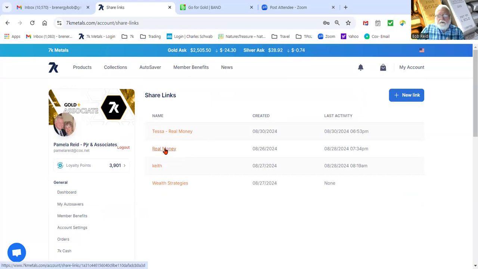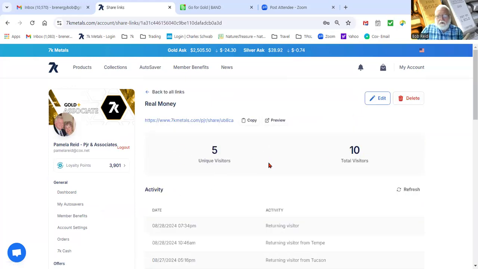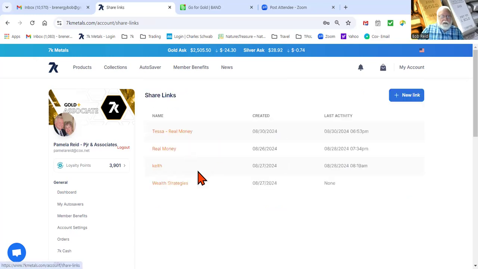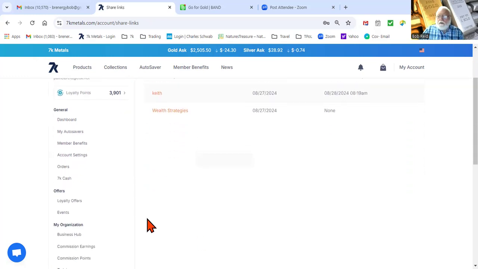And we can look at the generic one, and what we've had is a total of 10 different visitors on that link when 5, so 10 must have clicked on it more than one time. Okay. Because it's only 5 unique identified different people who visited that link. Okay. So that's how we do this. That's how you get your thing set up for your